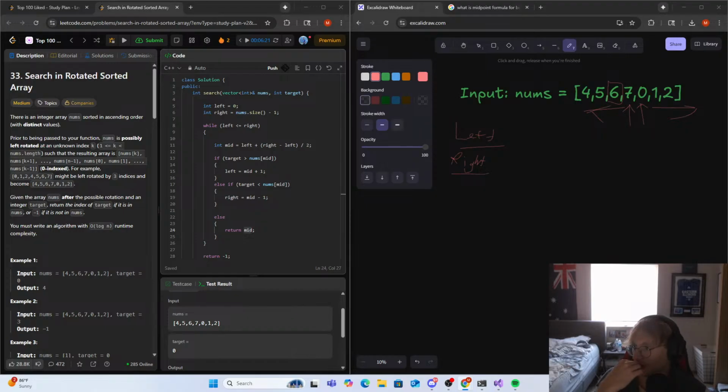We have to add logic to check whether the left half or right half is sorted. Return mid. If nums left is less than or equal to nums mid,